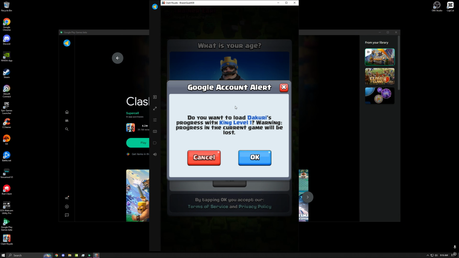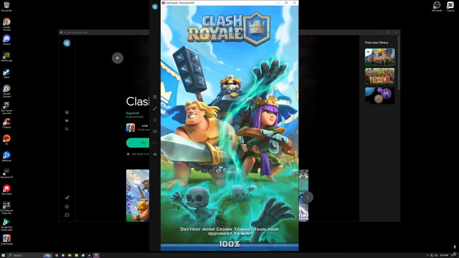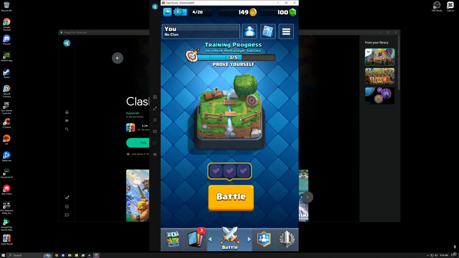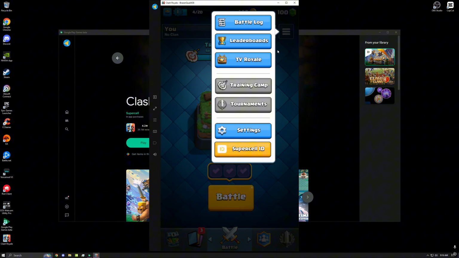Once your game is loaded up, you should have to go through the tutorial. I've already done it, so I won't have to. Click OK. Once you guys are at the main menu, you will want to come to these three lines, Supercell